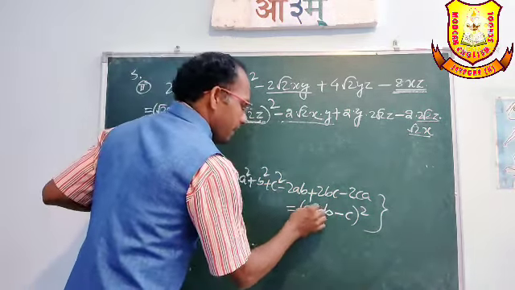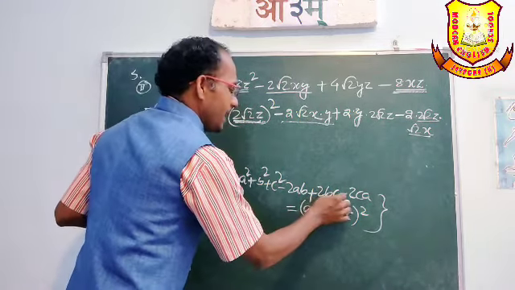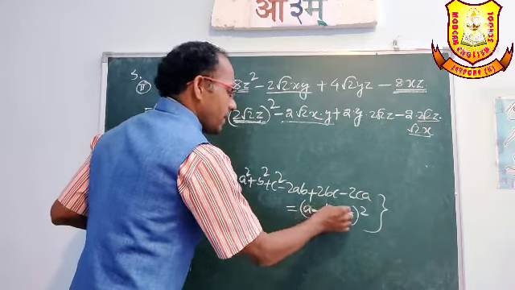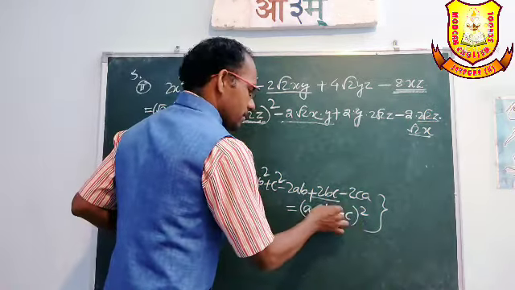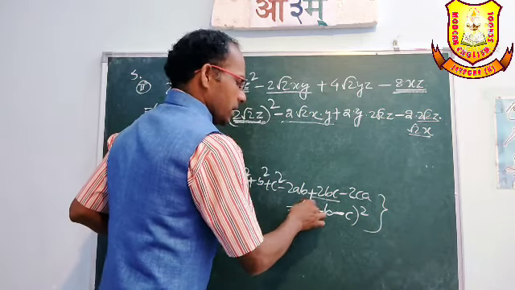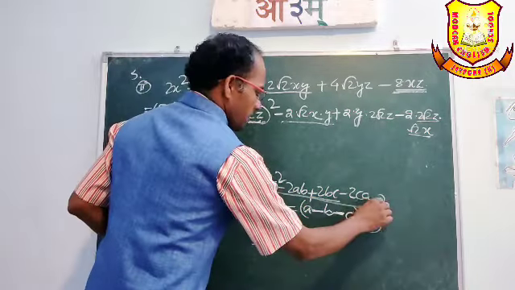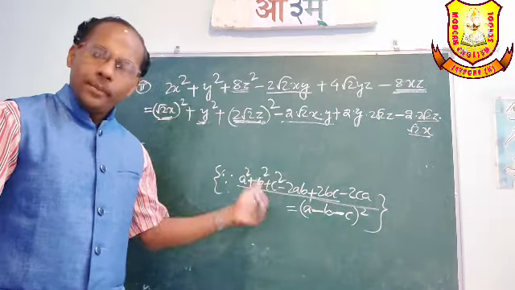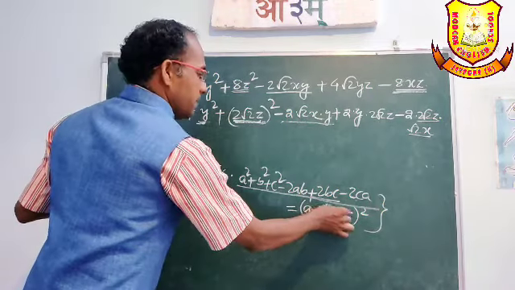So b is minus, a is plus, so minus. B and C both are minus, so minus into minus is plus, so it is plus 2bc. And as here, minus c and plus a, we get minus ca. So according to this formula, which you have known, you have to write a minus b minus c whole square.